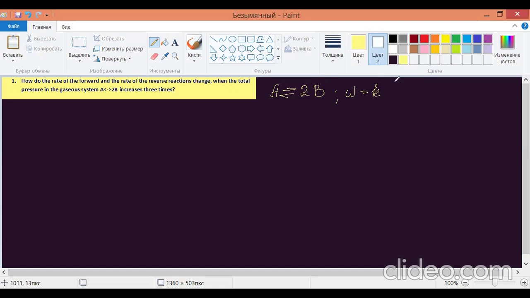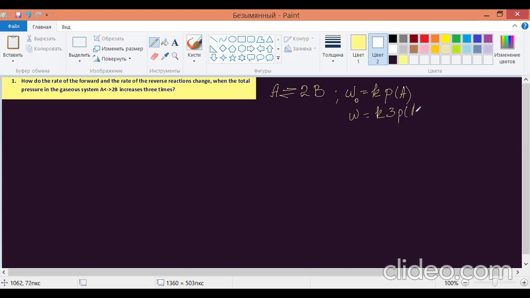It's rate constant k times the partial pressure of A, P of A. So it means that in the beginning, we've got this initial rate of the reaction, but when the pressure goes up 3 times, that means that finally